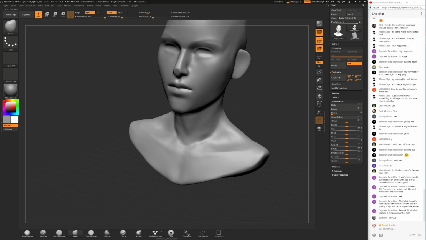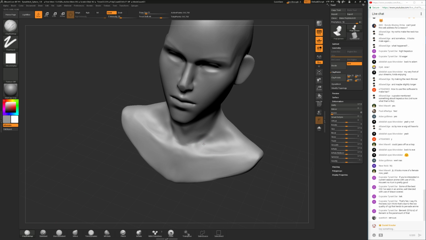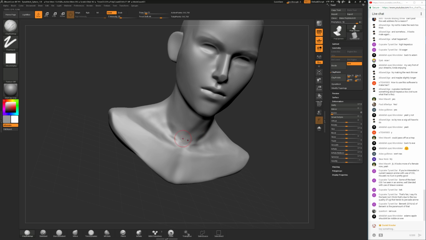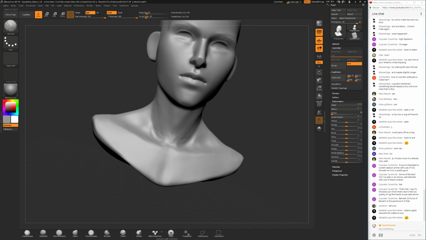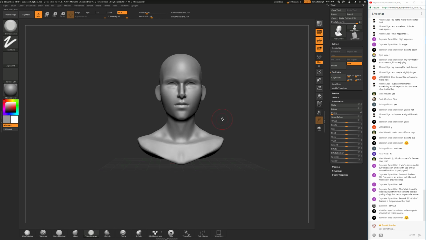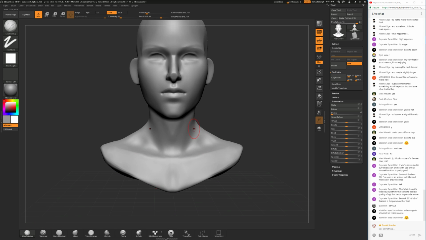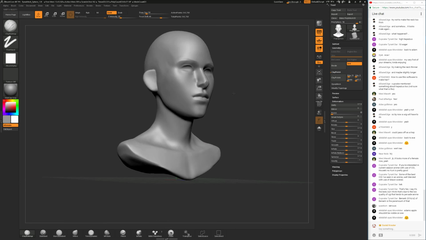But then often you'll have to make it just a lot more subtle than you would expect or you would want to make. Alright, maybe that's good enough for the neck. Probably end up leaving it a little bit rough there.